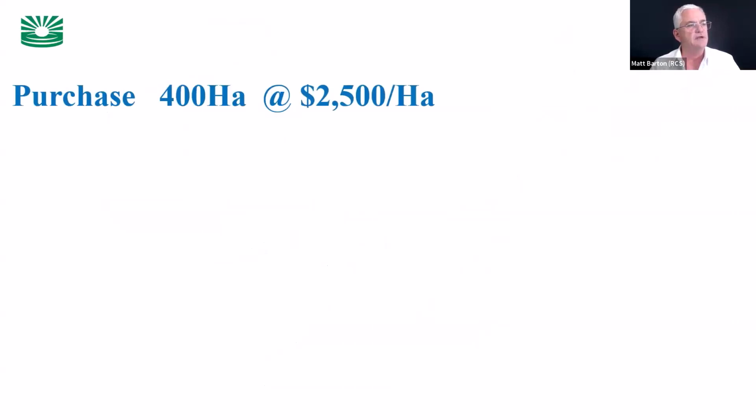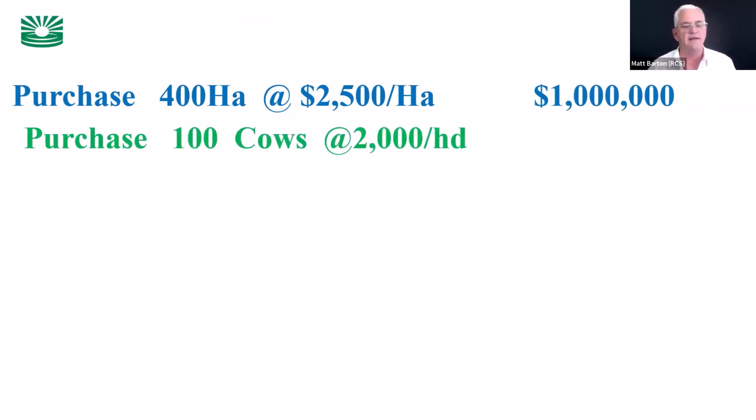This is country around here in Wellington. It's really hilly, rough country. My brother has properties in this type of country, so I know it well. This is about the current cost per hectare. In this example, we're going to buy 400 hectares at $2,500 a hectare. I would suggest this is way overpriced. With this country, we've had to fence with pack saddles. That's how rough it is. But I know that 400 hectares will run 100 cows on its ear. You might have to destock in severe droughts, but pretty much it's a very comfortable stocking rate.